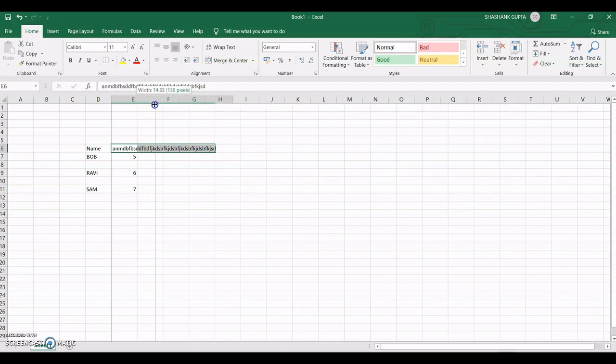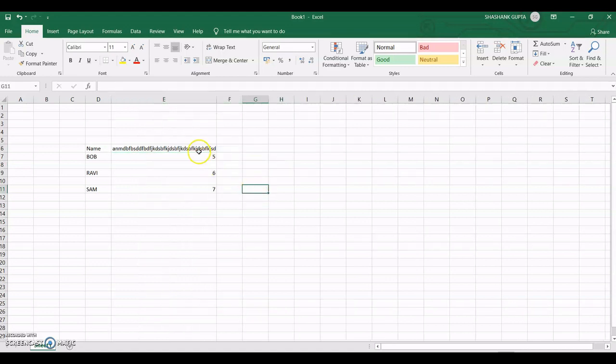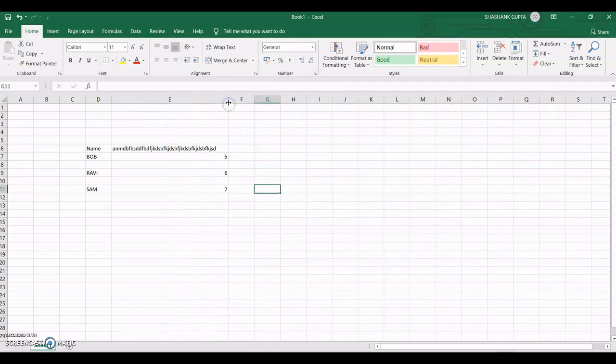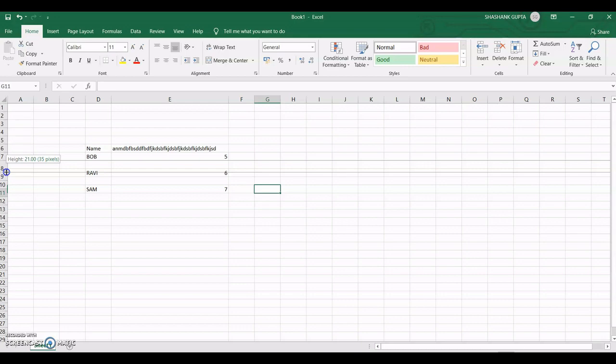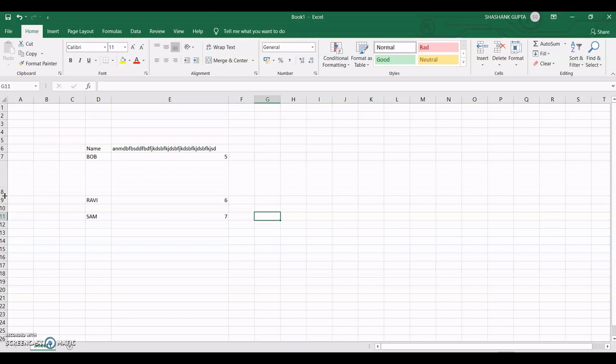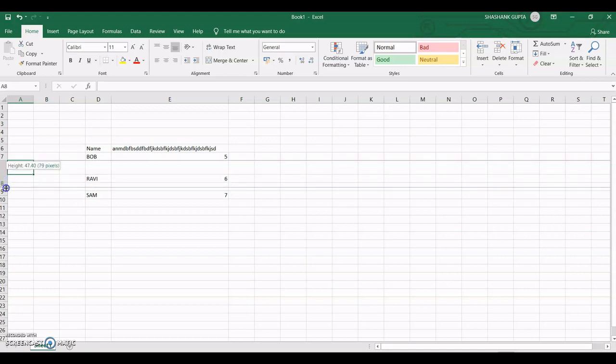You can increase the column width by selecting here. Now our column width is increased. So this is the plus symbol. You can decrease or increase the column width. And what about the row height? Similarly, for the row height there is an option. If you click on it, there is a plus symbol. By pressing this plus symbol, you can increase the size, or the height, of the row. Decrease, increase.